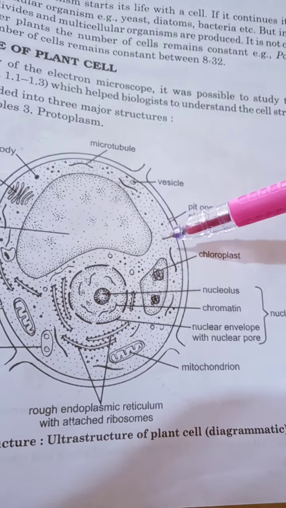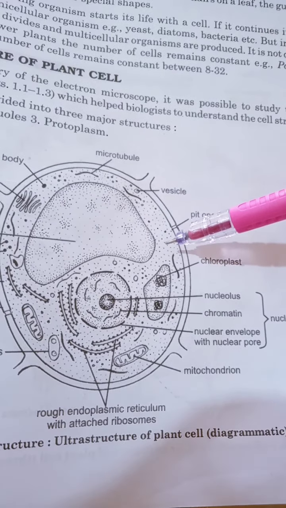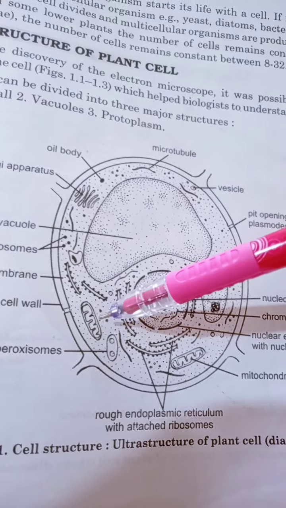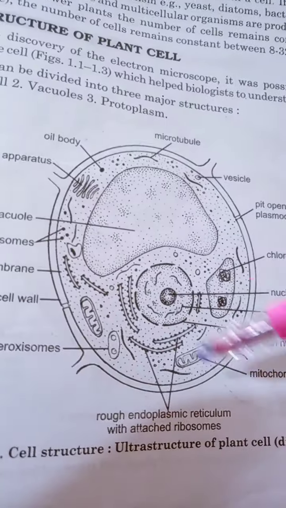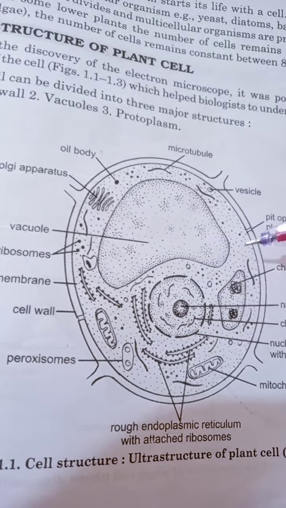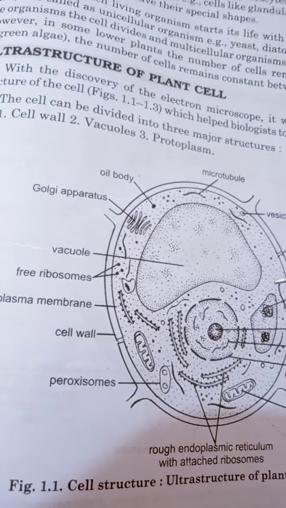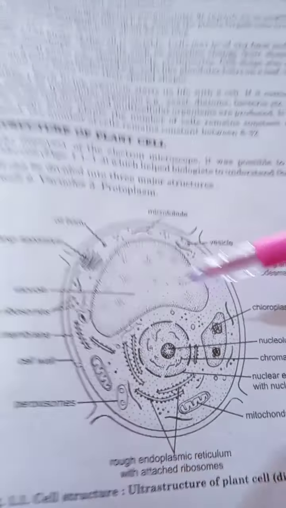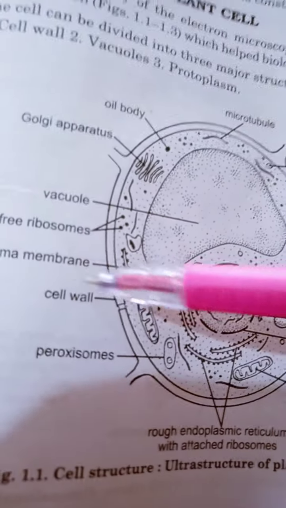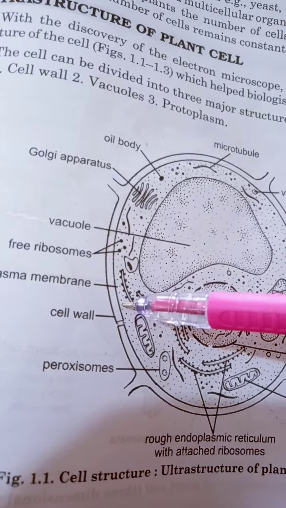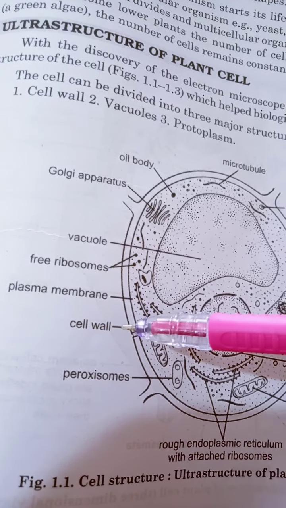Cytoplasm includes the matrix, granular substance, and different cell organelles like mitochondria, Golgi apparatus, endoplasmic reticulum, ribosomes, vacuoles, etc. So, what is the difference between the plant and animal cell? Outer to the plasma membrane, there is a cell wall, and that is a unique feature of the plant cell which is absent in case of animal cells.